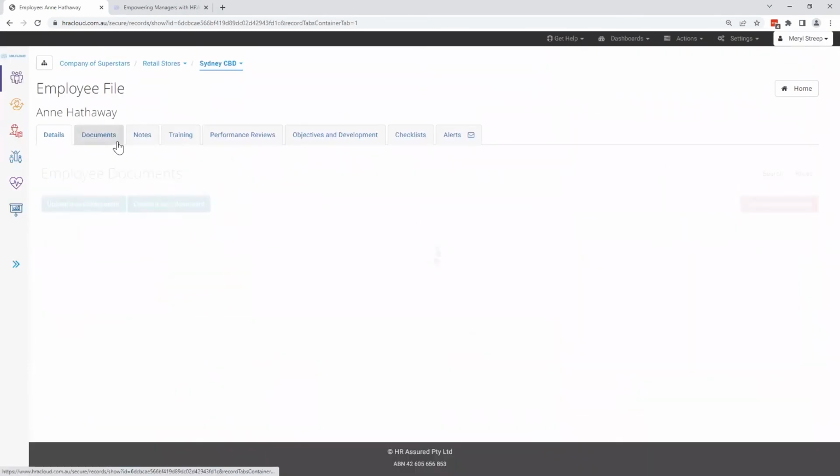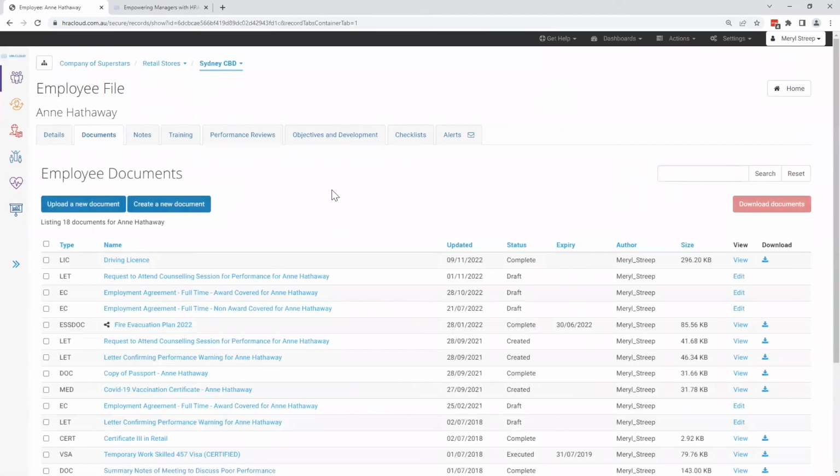Scrolling up and moving across to the Documents tab just here. Under the Documents tab, you can store all relevant HR documents related to the employee. Documents that you generate through HRA Cloud, either through one of the checklists or directly on an employee record, will automatically be saved to this tab.